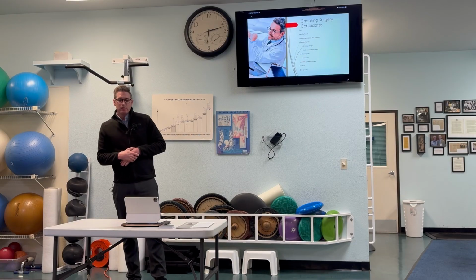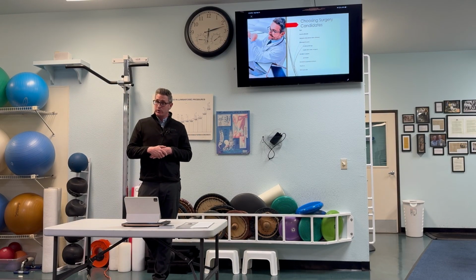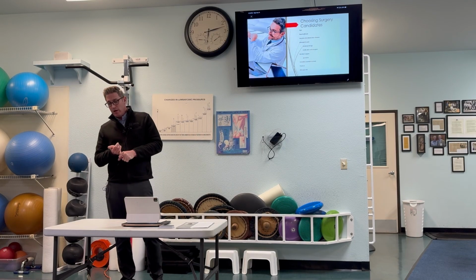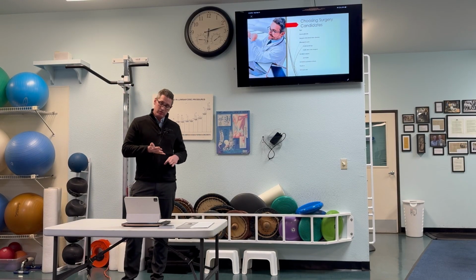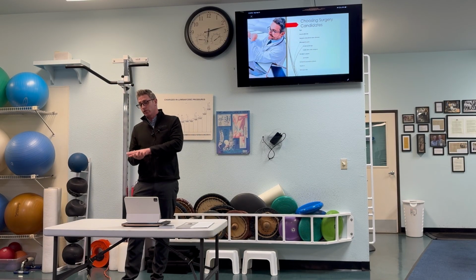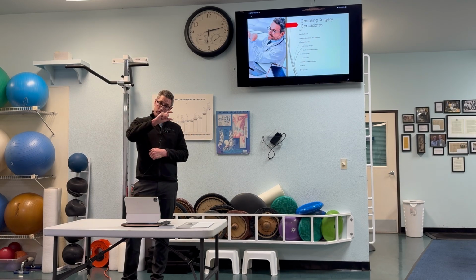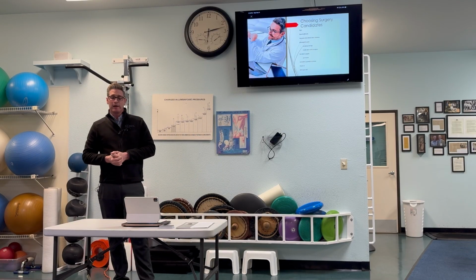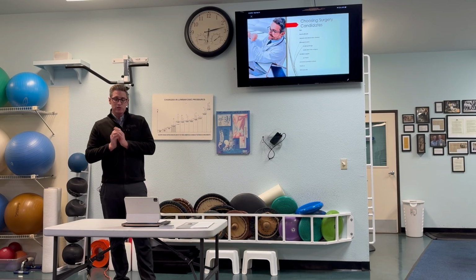So choosing candidates for spine surgery, these are all the various factors that play a role in our decision-making process. Age can certainly help us to indicate whether the patient's an appropriate candidate for a decompressive procedure versus a fusion procedure versus an arthroplasty. The facet arthrosis, or the arthritis in the actual posterior joints of the spine, which we touched on in one of those first slides, can really help indicate which type of surgery